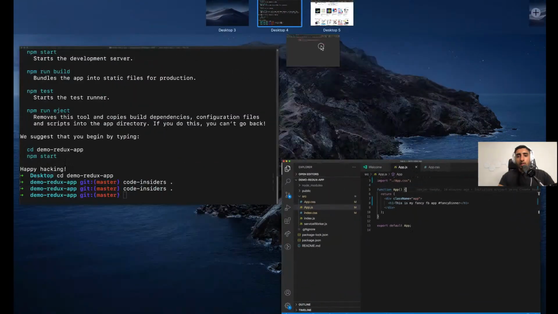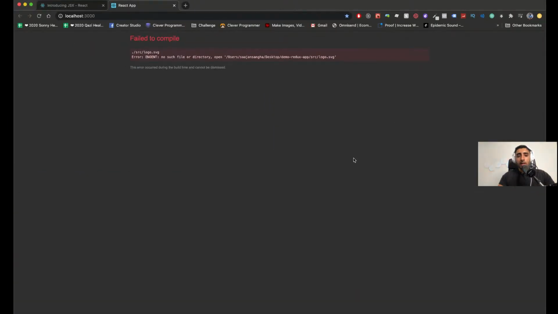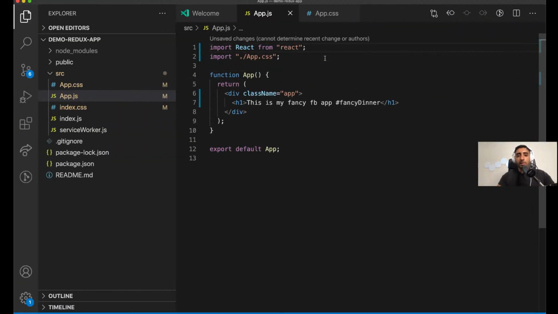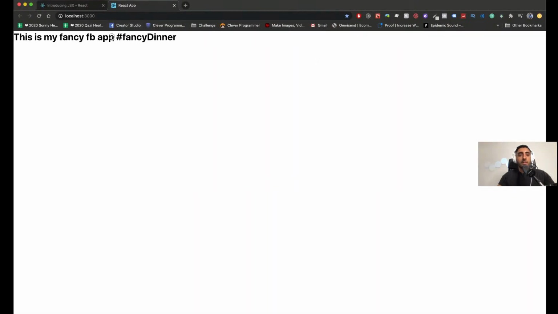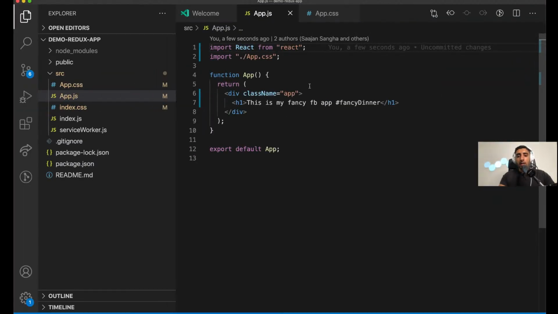code over here. And now, oops, here we go. Now we should be able to see if we need to get rid of the logo, save it, go back to our code. This is my fancy Facebook app, hashtag fancy dinner. Hey, right? Now everything's pretty good. It's working. So Priyanshu, to answer your question,